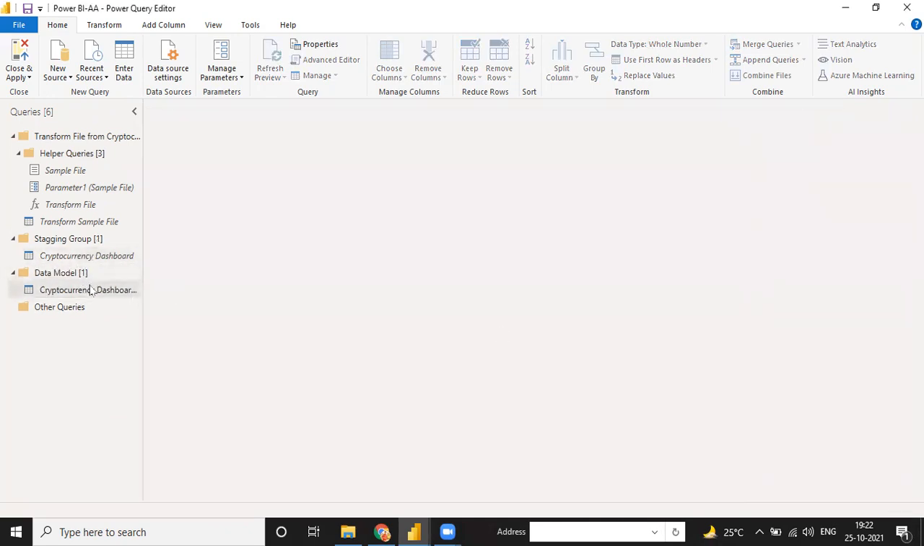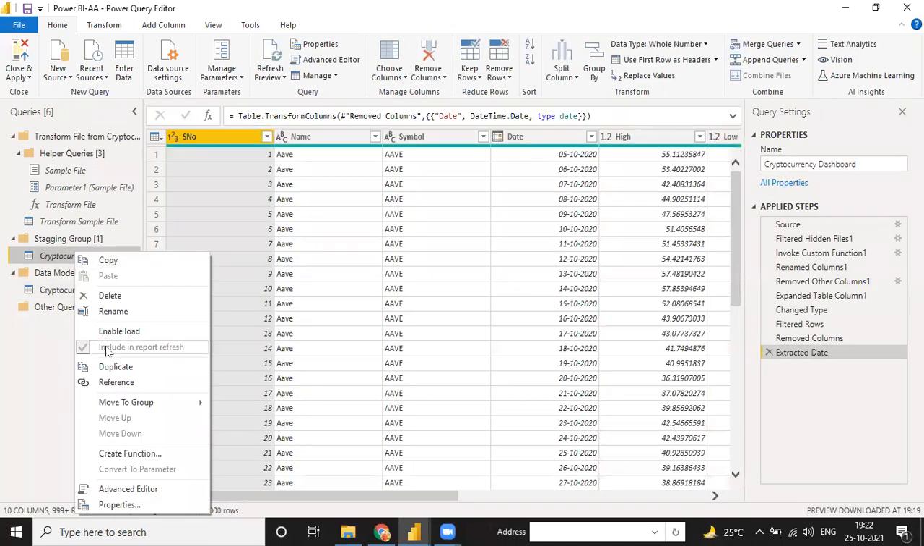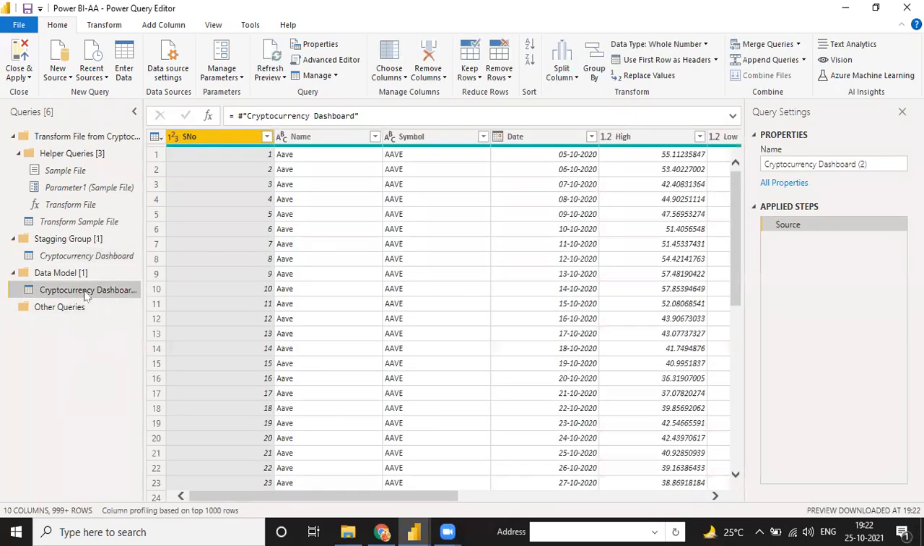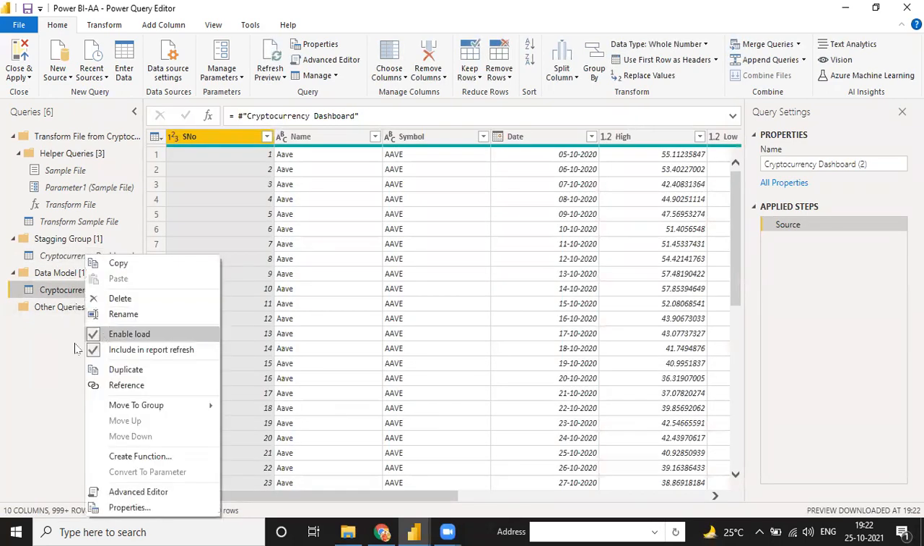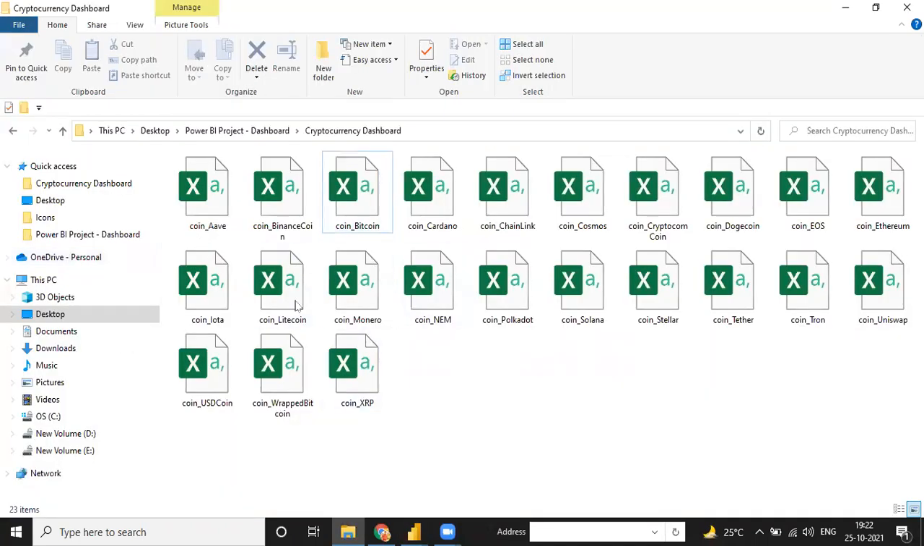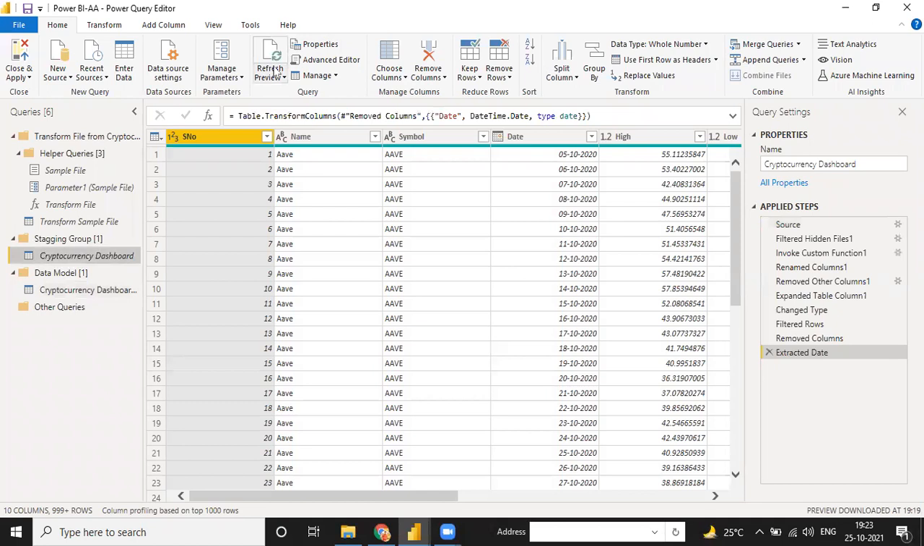I'm taking this reference file into a new group. So when I click on this file, right-click, this will enable load. I load only this file, and this file will be shown in the background. So when I change anything in my dashboard, I just click on this file and do the refresh